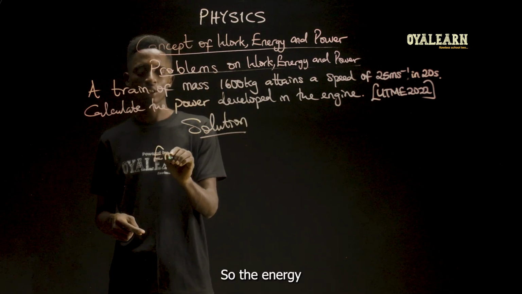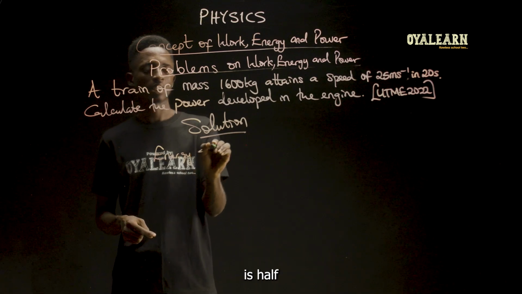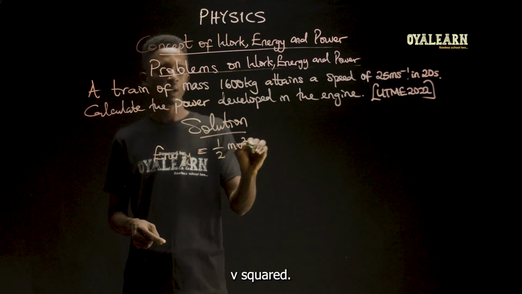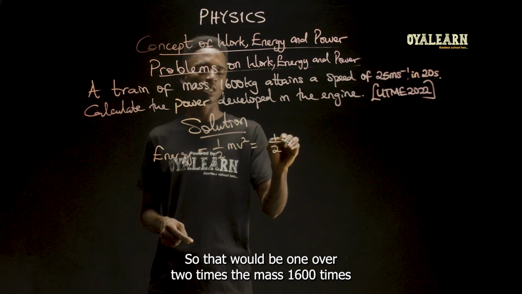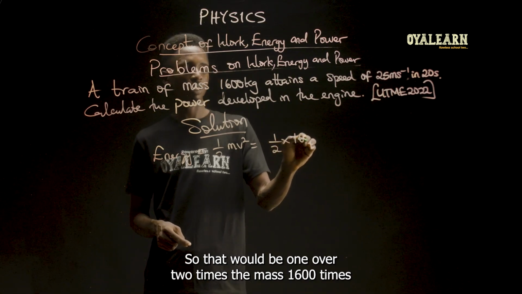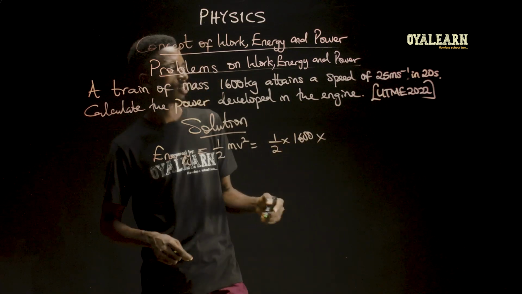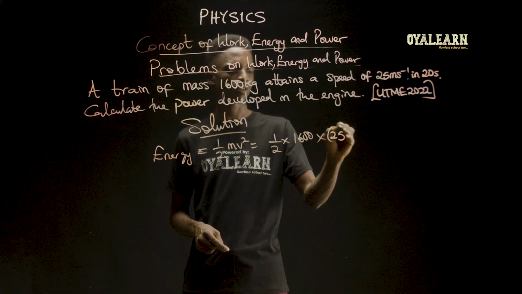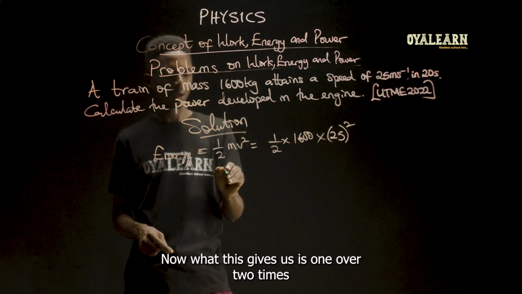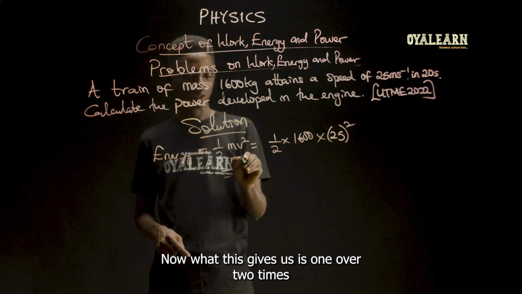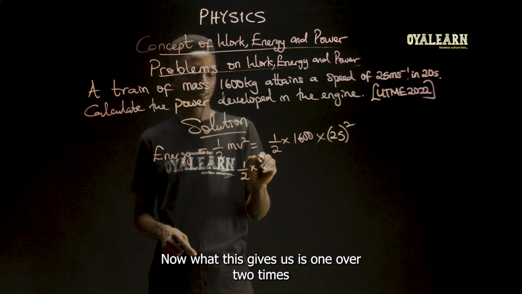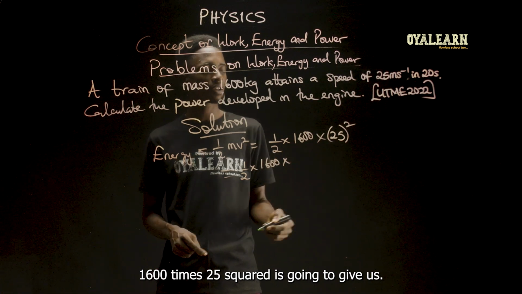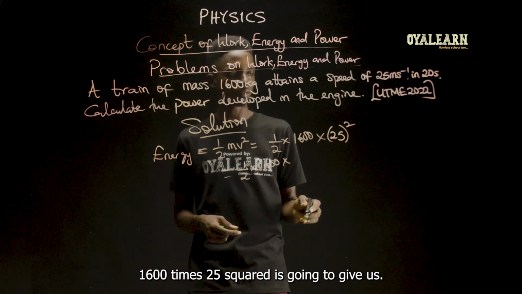So the energy is half mv squared. So that will be 1/2 times the mass, 1,600, times velocity squared. That's 25 squared. Now what this gives us is 1/2 times 1,600 times 25 squared is going to give us